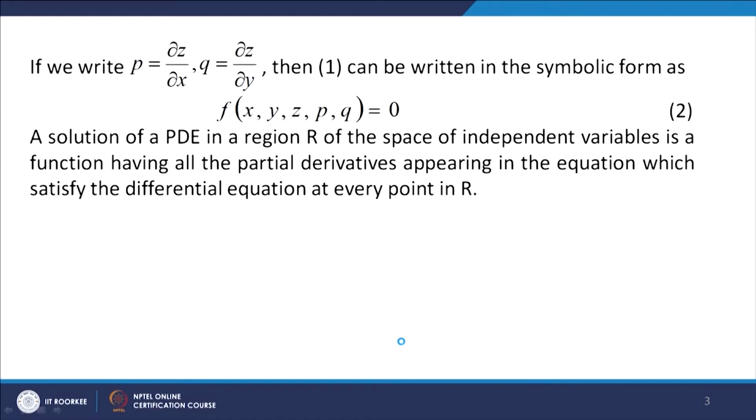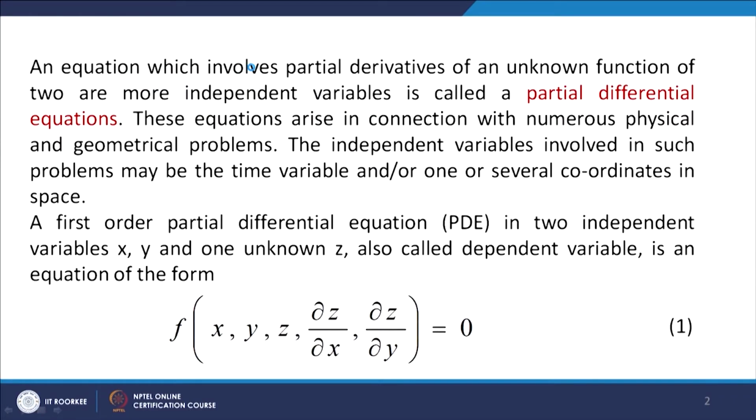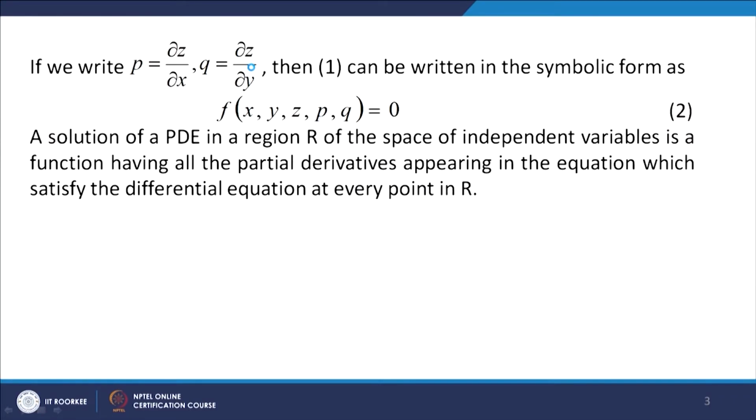If we write p equal to the partial derivative of z with respect to x and q equal to the partial derivative of z with respect to y, then equation 1 can be written as f(x, y, z, p, q)